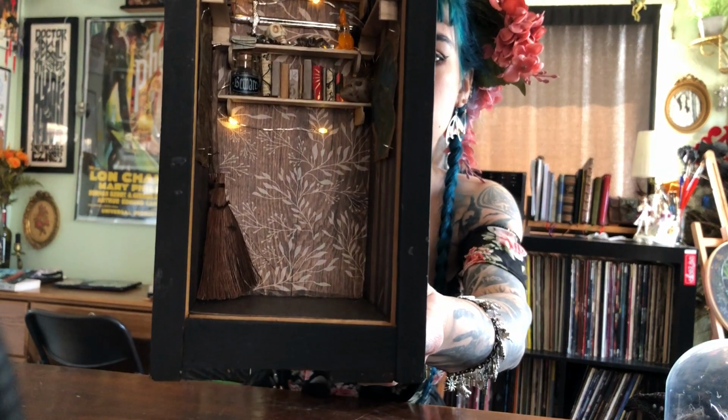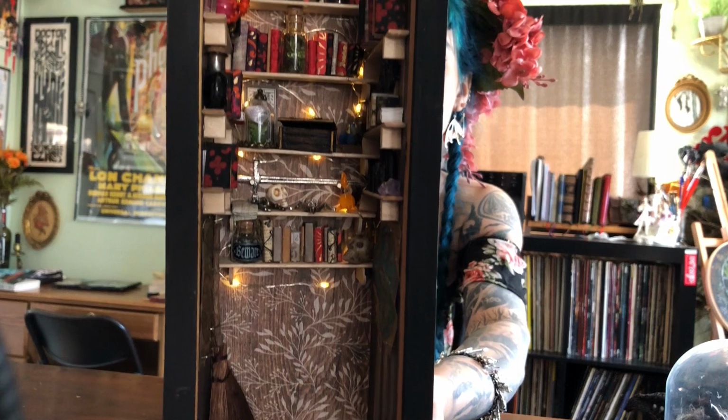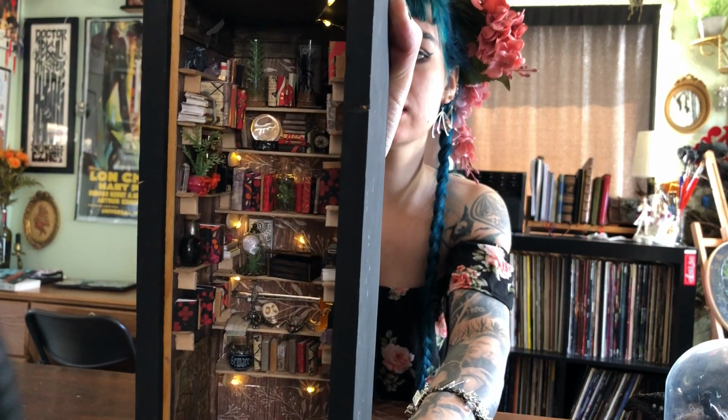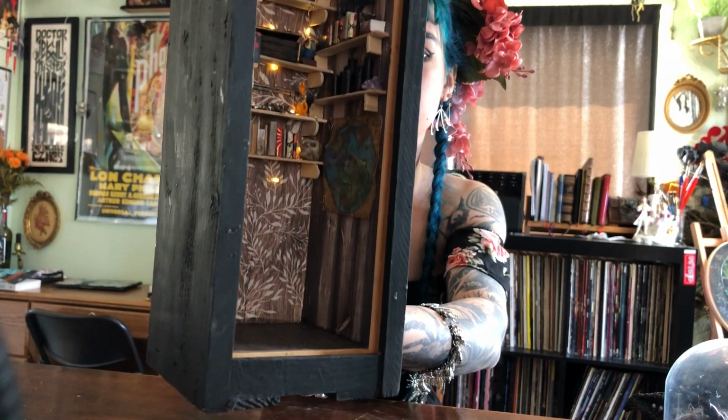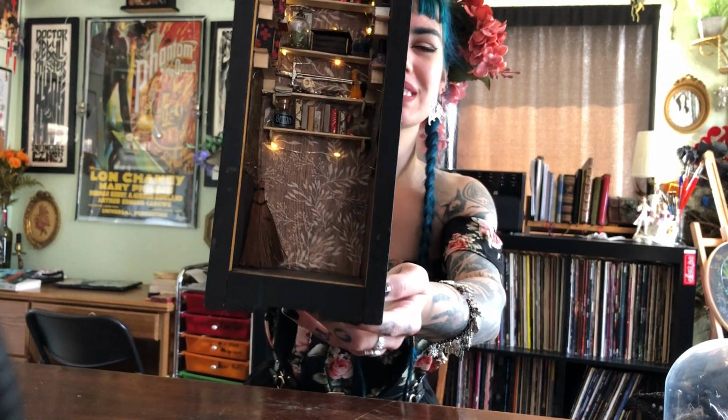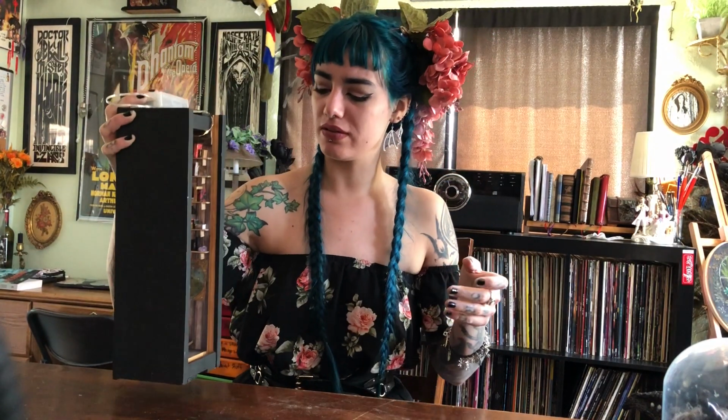And so I don't know how well any of this shows up on camera, but there's lots of little tiny books, all of which were made by hand. And down towards the bottom, there's a couple of little tiny maps that I made out of glassine paper, but they're little hand-drawn maps of Ankh-Morpork and the Discworld, because when I made this, I was not quite done reading Discworld, because last year I decided to read the entirety of Discworld in less than 3 months, which is impressive for 40 books. So